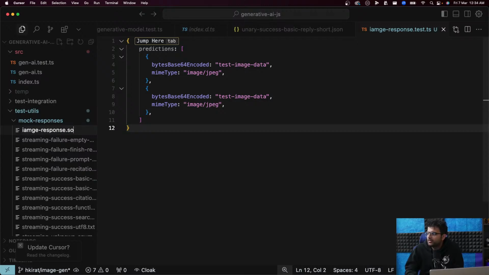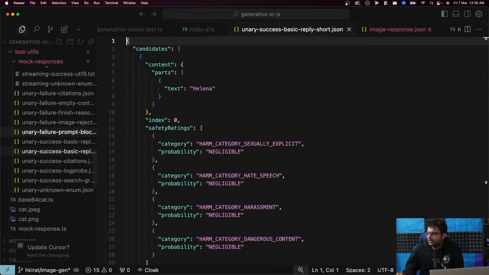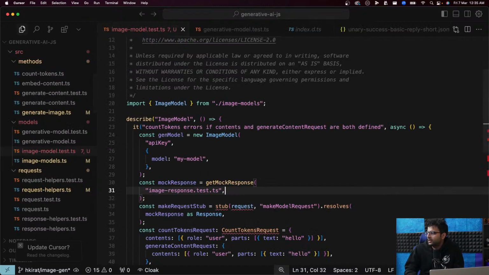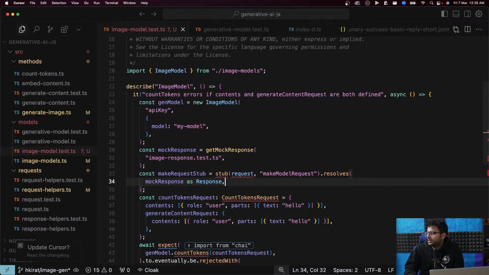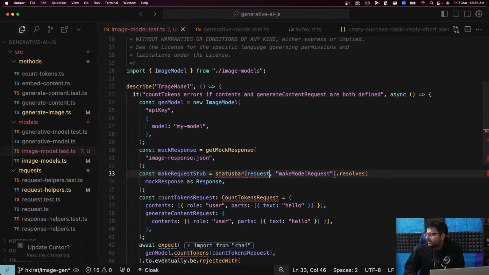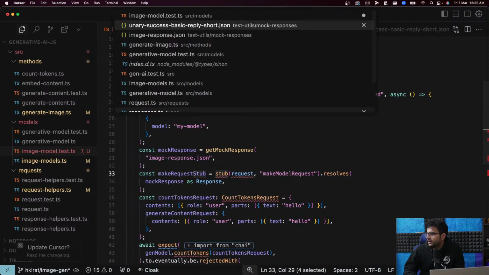JSON, and that's incorrect. Image, enter, go back to the test, and replace this with this guy. Yeah, that looks good. Stub, now the question really is, where does stub come from?